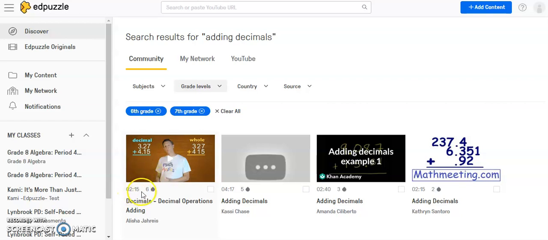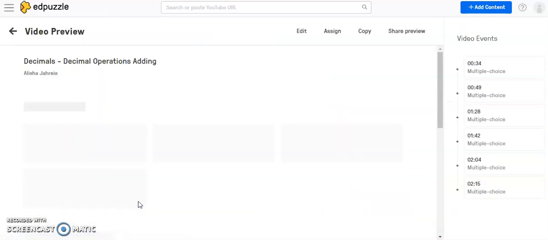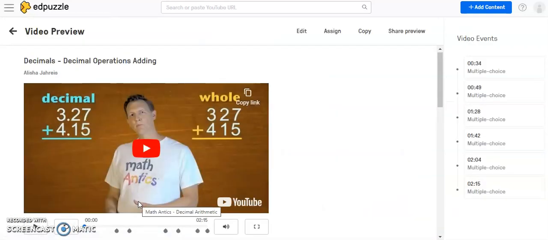Before we click on it, I'm going to see down here underneath it, you're going to see how long the video is. So this is 2 minutes, 15 seconds, and then you'll see a number possibly followed by an icon, and this indicates how many questions are dispersed throughout the video. So in order to see what it's all about, we're going to click on this video,